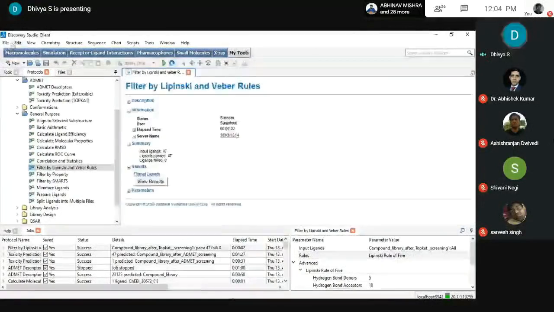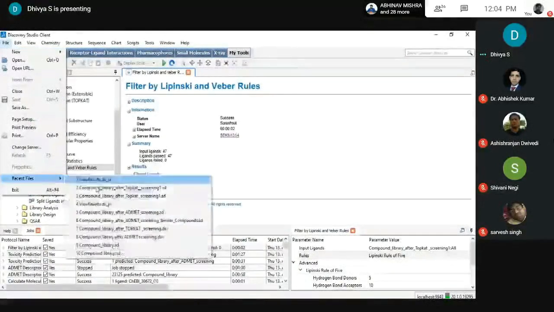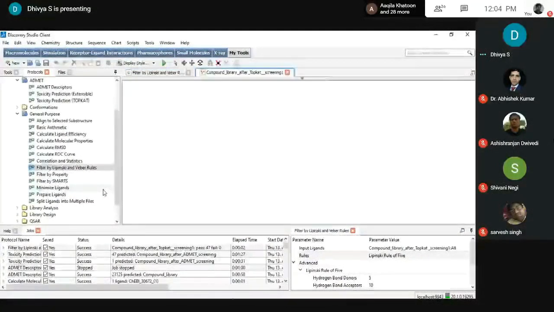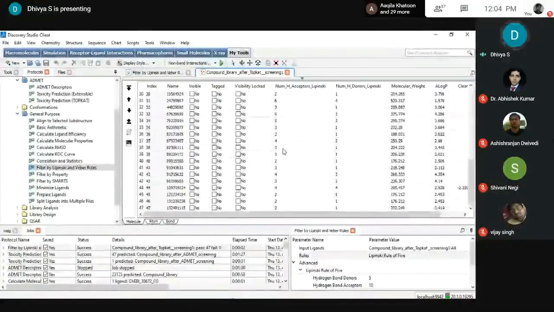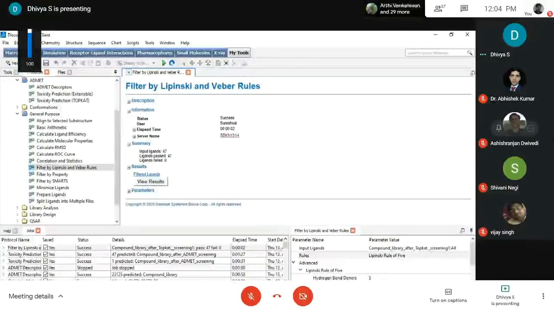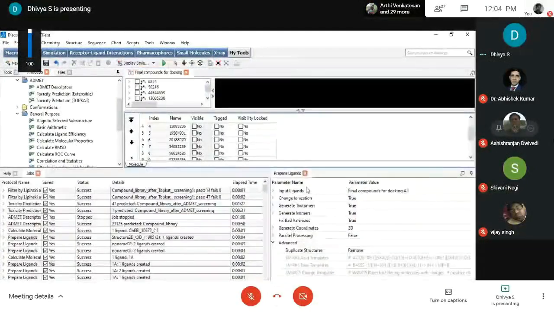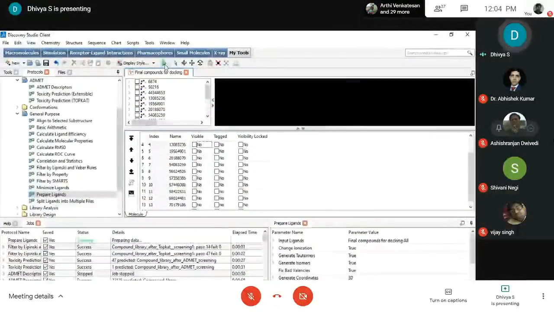And finally, after doing this process, the output filtered ligands has to be used for preparing your ligand molecules. What's this one? It has some compounds just after sorting out. These are the final compounds for docking and preparing the ligands. The 14 molecules.